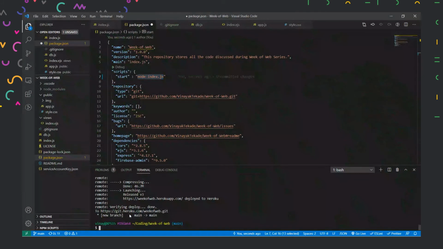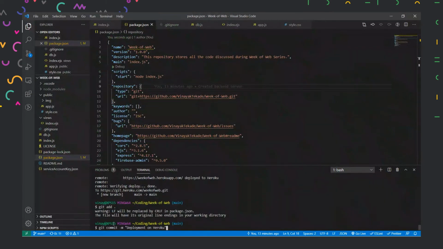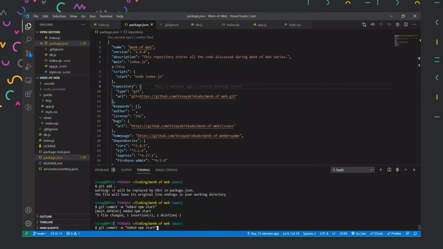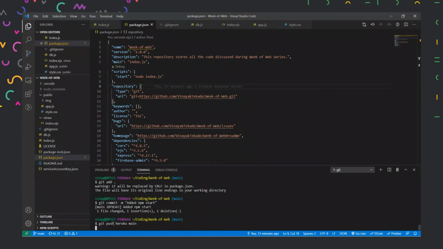So now we have to push this change also. We'll just do git add again, git commit, added npm start, and then I'll push it again to Heroku main.